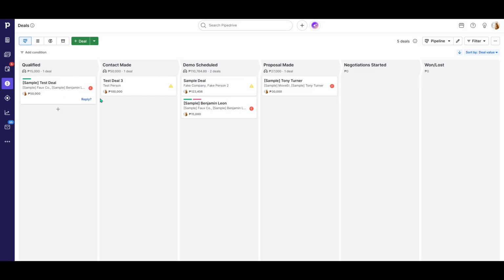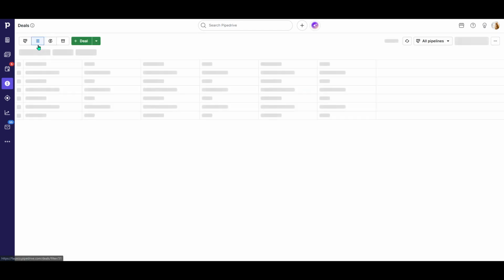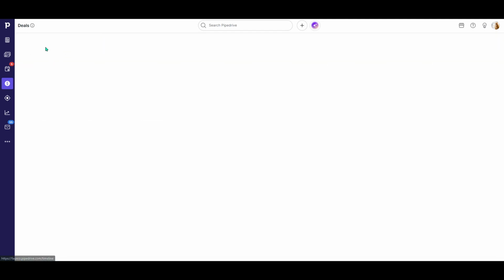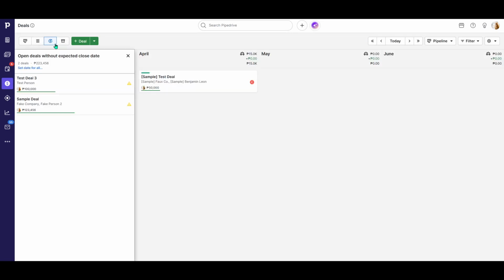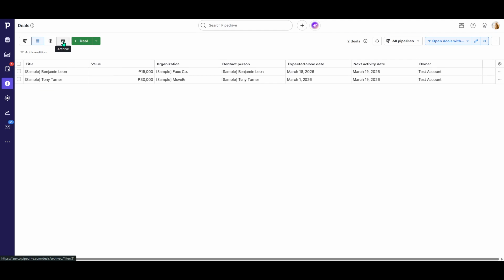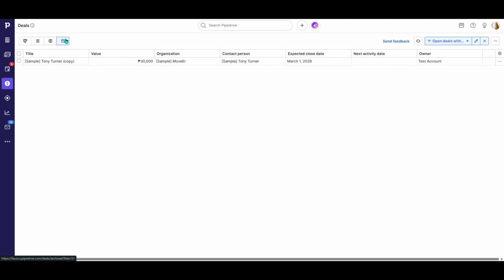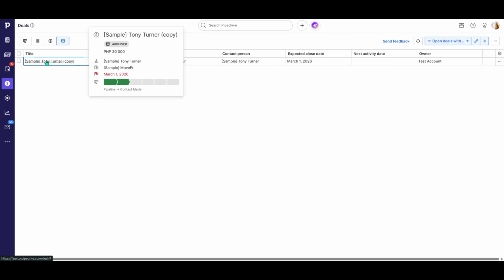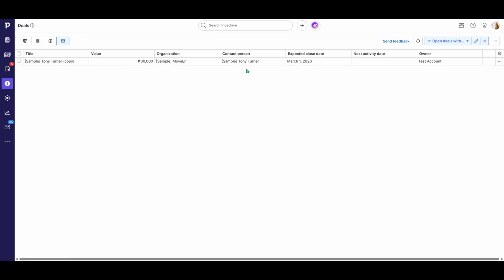Once you're in the deals area, look toward the top left of the screen. You'll see your view options there. These options let you change how deals are displayed so you can zero in on exactly what you need. For tracking dead deals, choose the archive view. By default, most dead or inactive deals will land in this archive, which keeps your active pipeline clean while still